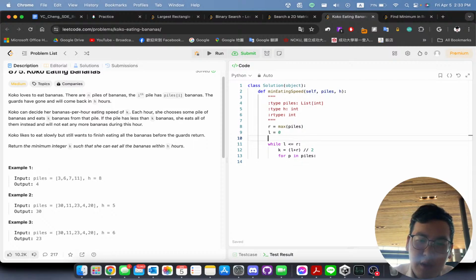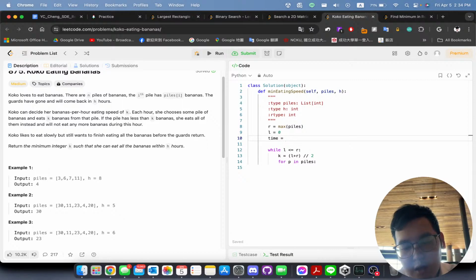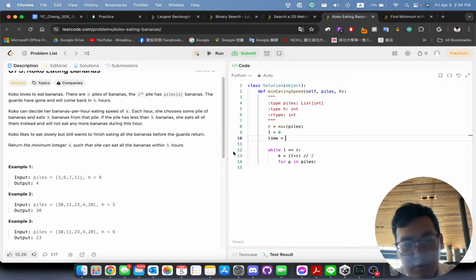So we also need to have the minimum time. Do we call it just time? Time is equal to, I don't know, 0. Okay. So if time is less than h,